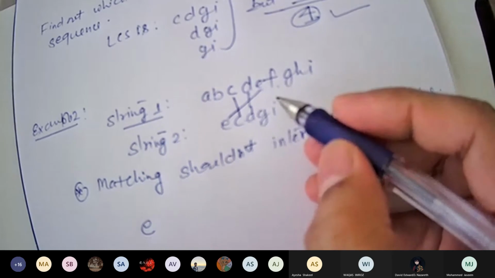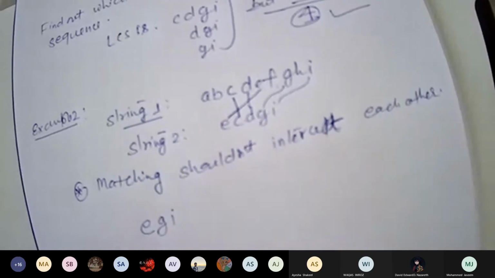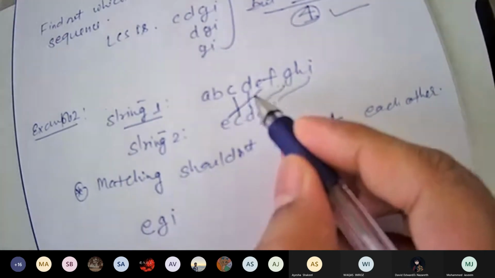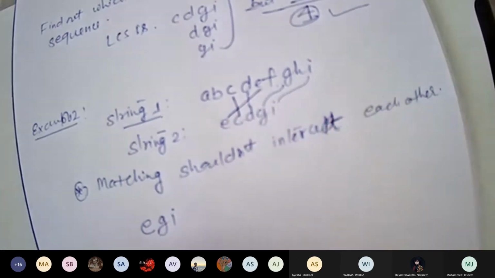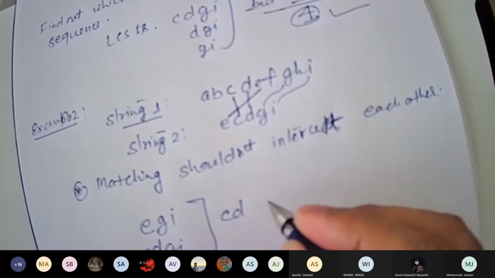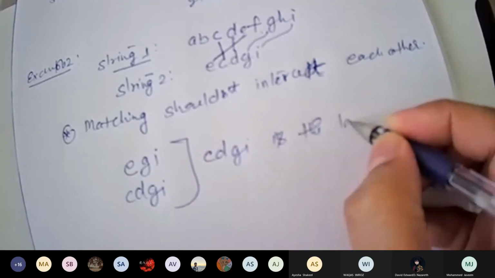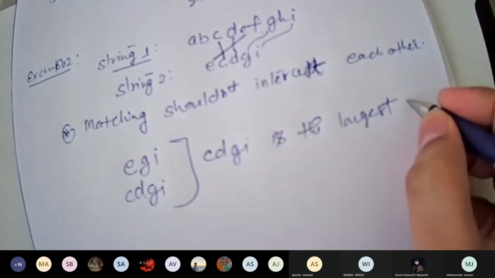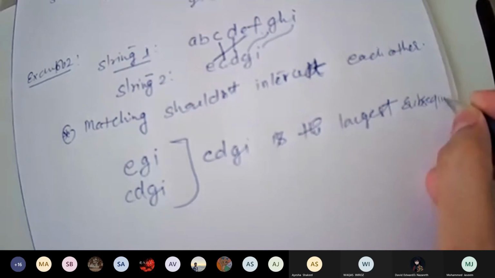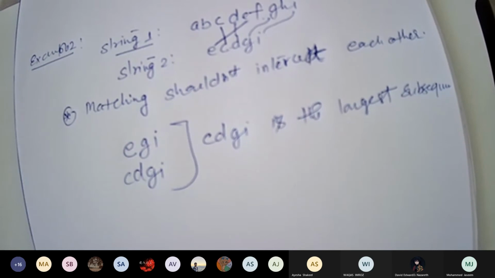So G is okay and I is okay. So E, G, I is one sequence. Now let's leave E. If you are leaving E, then C, D, G, I is in the sequence. So which one is the longest subsequence? C, D, G, I is the longest subsequence.